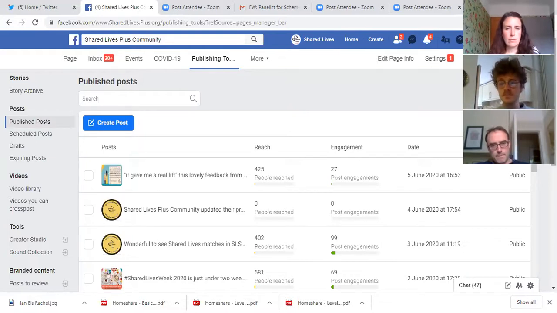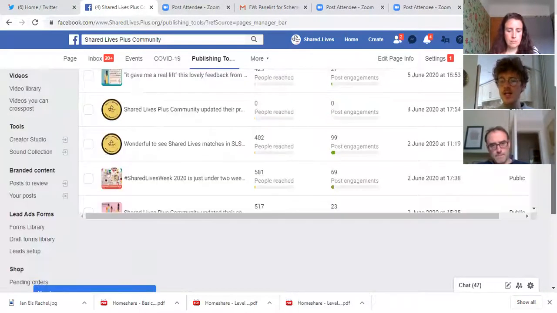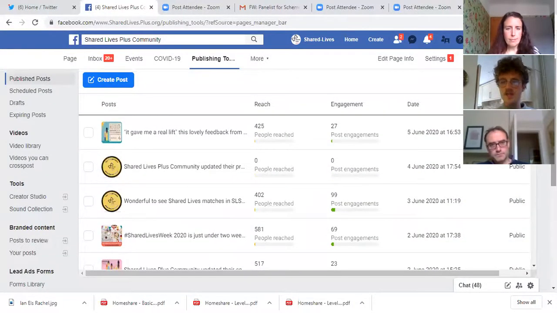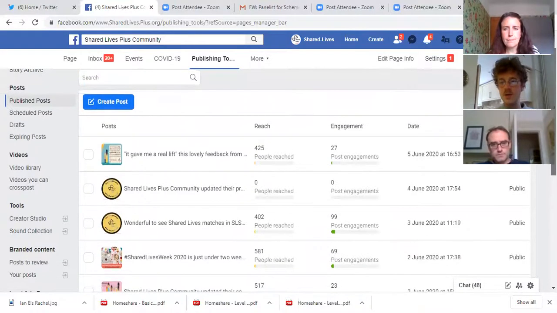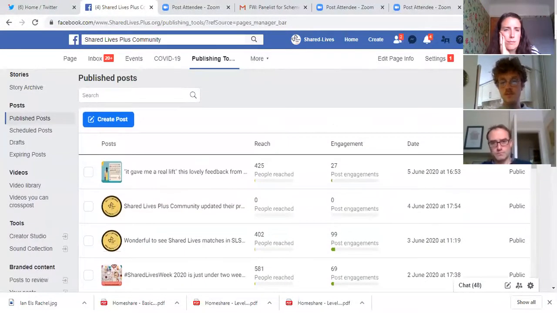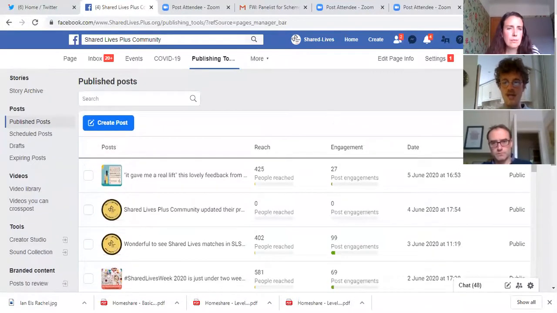Right now, what's great about this is it shows you, this is kind of integrated into Facebook's analytics and insights platform, which we'll discuss in another session, which is where you see all of your posts and how they're performing. But it will also house any posts that you create that are scheduled in the future. So this is a good place where you can always see what you've got lined up to come out. So once you're in published posts, click create post.